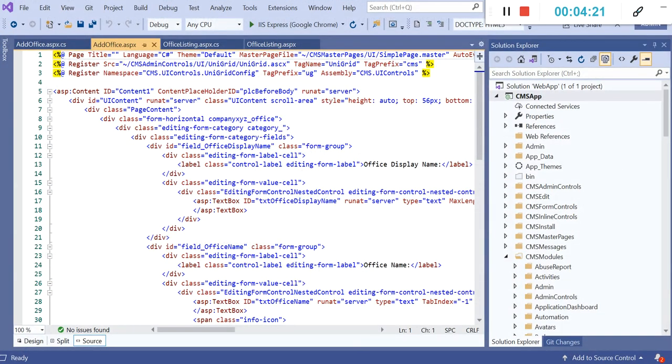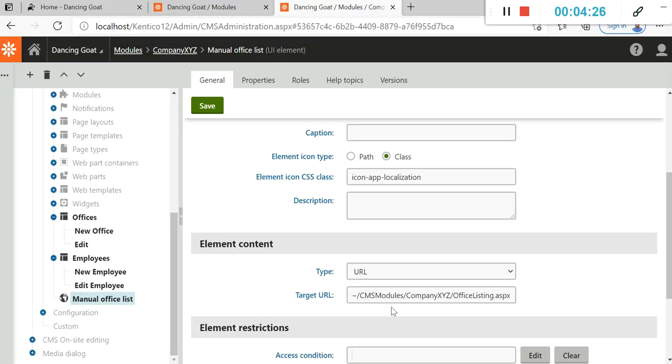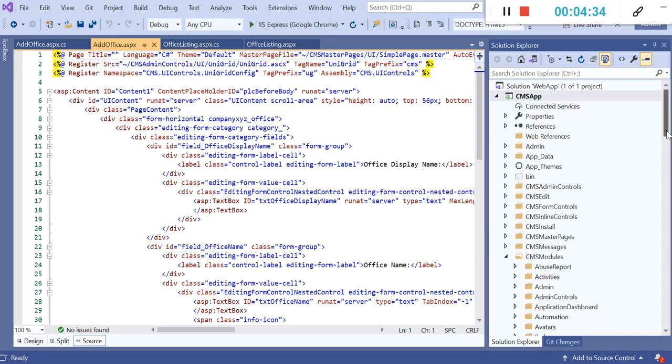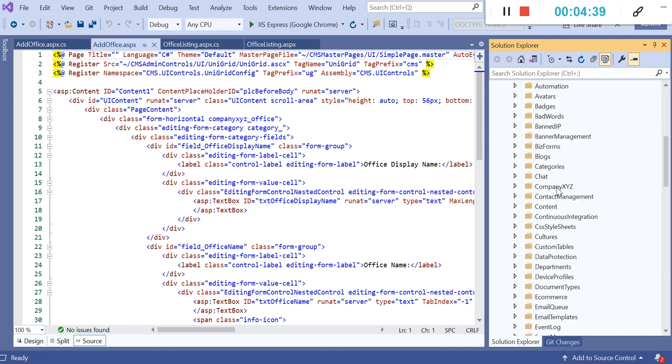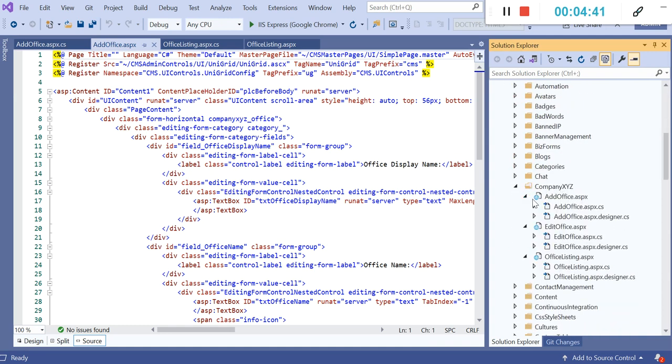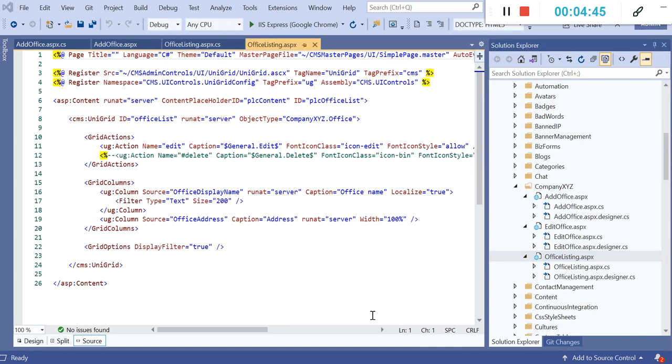You can see we have given a path to our ASPX file as CMS modules inside company XYZ, because company XYZ is the code name of the module created. So let's go to the CMS modules. Here you can see we have created a folder as company XYZ, and there is a file created which is office listing.